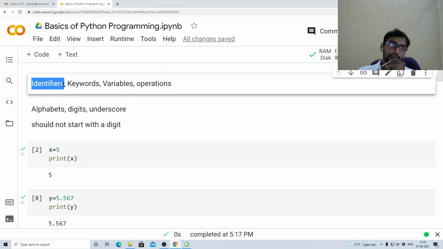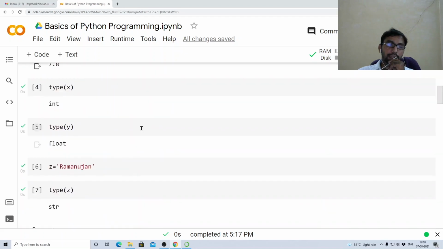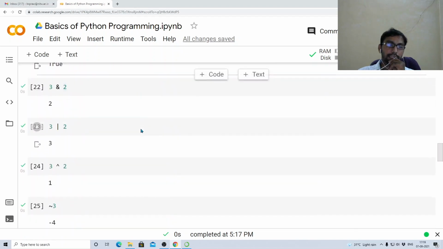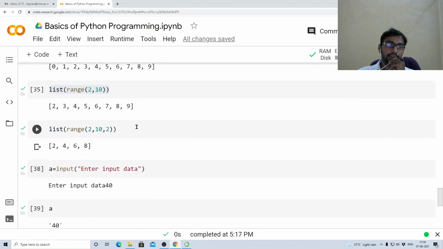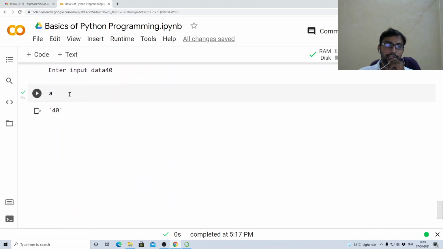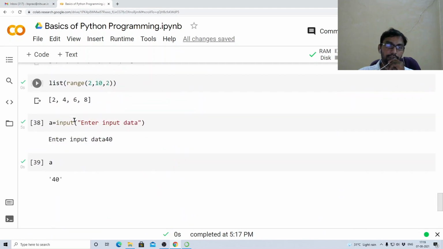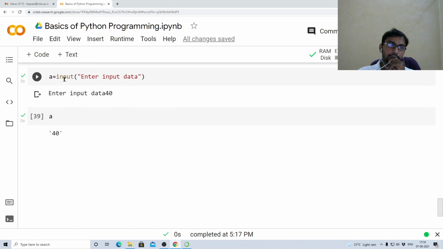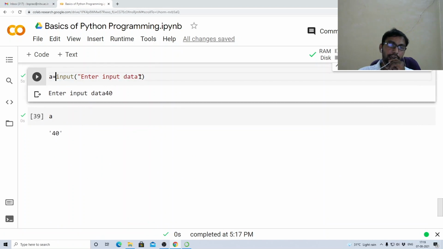Then we started with identifiers and keywords. Then we discussed variables and the advantage of defining variables in Python. Then we have seen some of the operations that can be applied on these variables. Then we have seen some of the inbuilt functions which are very useful. Later, after some time, we'll use this range function and so on. And we have also seen how to take data as input from the user.